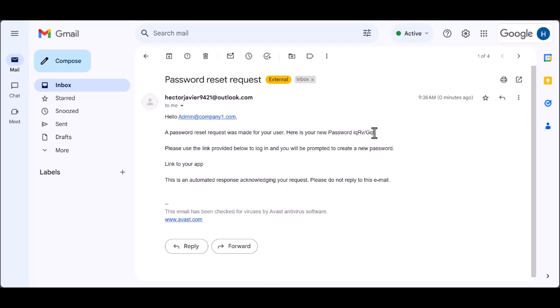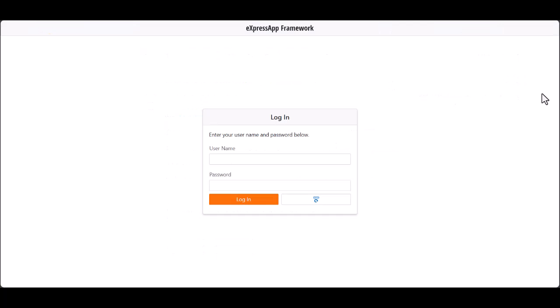And that's that. We can copy that password and go and log in on the application. Here we are again. Let's go username, admin at company1.com, using the password that we received in the email. Go login,